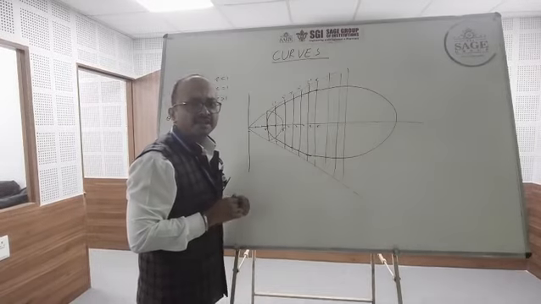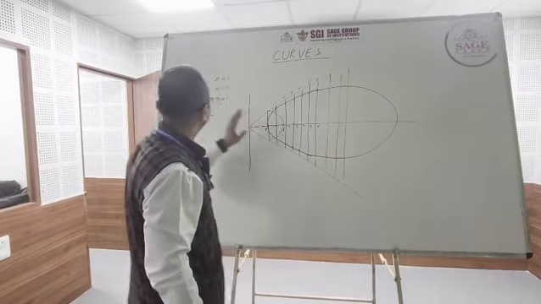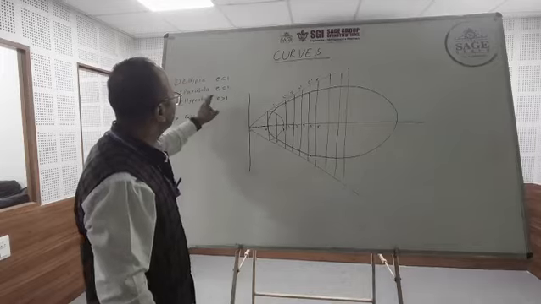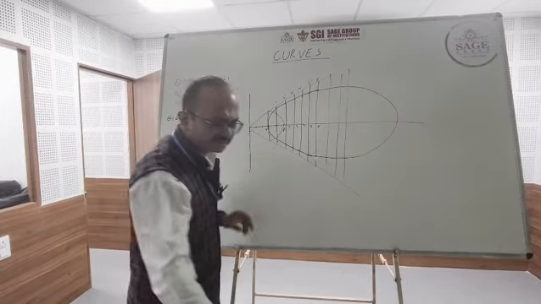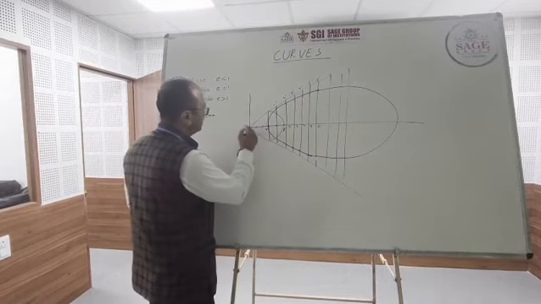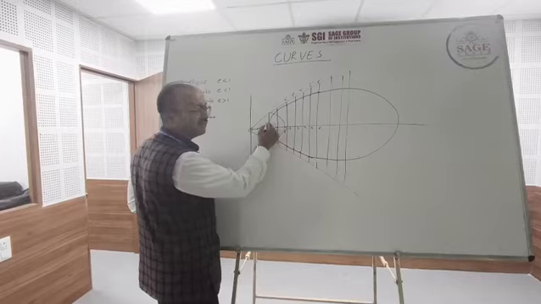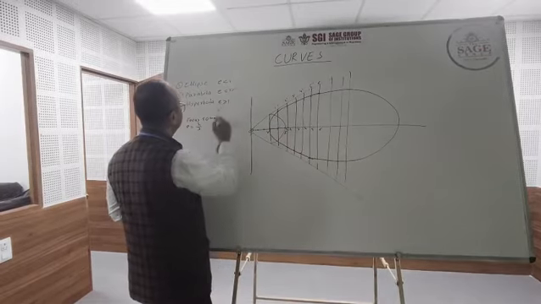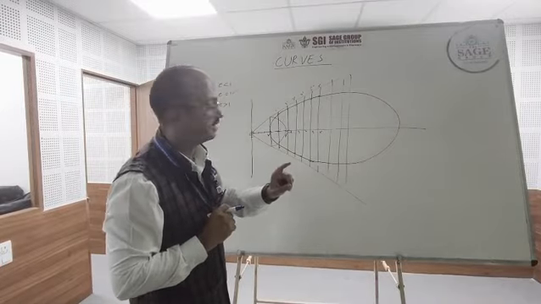Okay. This is the method for the ellipse. If you talk about the parabola, in a parabola the eccentricity is 1. So you will mark the vertex at the center between the directrix and the focus. This distance is 50 mm, and you will mark the vertex on the center point because eccentricity is 1. So the distance of the point from the focus will be equal to the distance of the point from the directrix.